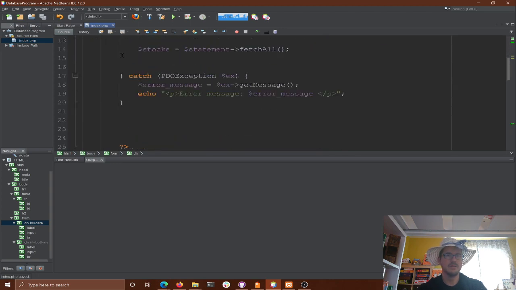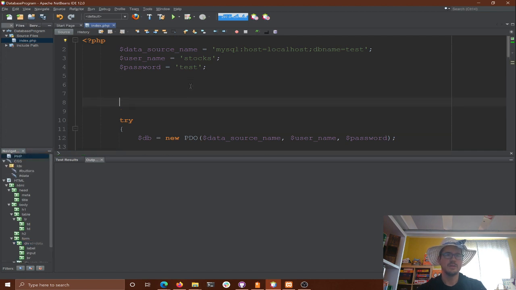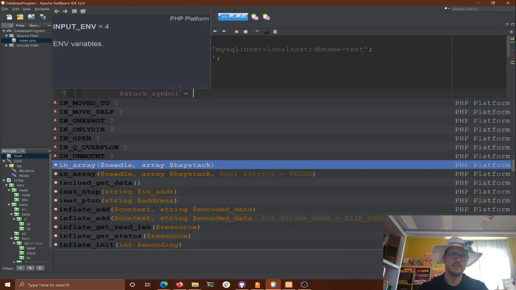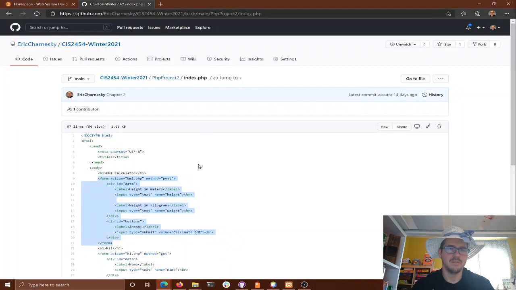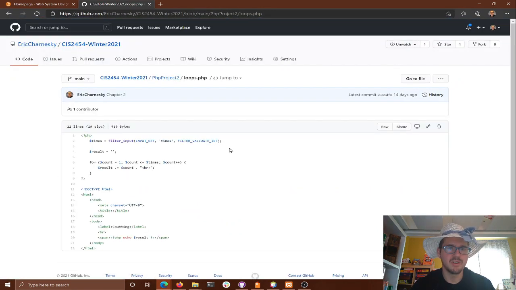So that's fun. So inside of here then, what we want to do is get that data back out. So we're going to get the stock symbol. So my stock symbol is going to be, we're going to do our input, validate input. I'll just go back to the example. You don't have to have the stuff in the top of your head. It's okay. No one expects you to memorize anything. Filter input. There we go.